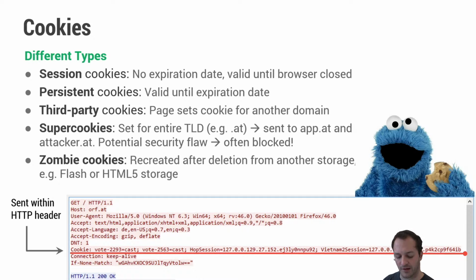For example, you run some page that's very frequently visited, and if such a cookie would be included in all the other pages, it doesn't even have to be AT, it could even be a wildcard, then you could track where users are going. In case you just see this cookie again, you could figure out where the user was previously. And there are also zombie cookies that are recreated after deletion. So even if you clear the cookies, they might still be